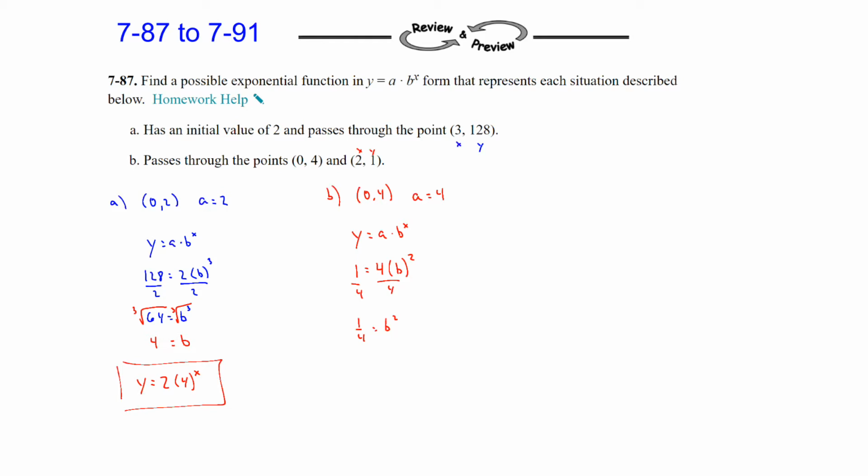So what number times itself gives you 1/4? Or we can take the square root of both sides, and so that gives us b. And then what's the square root of 0.25, or what's the square root of 1/4? And that will be 1/2. So once again, that gives us the information we need. y is equal to your initial value of 4 times your multiplier of 1/2, or 0.5, raised to the x